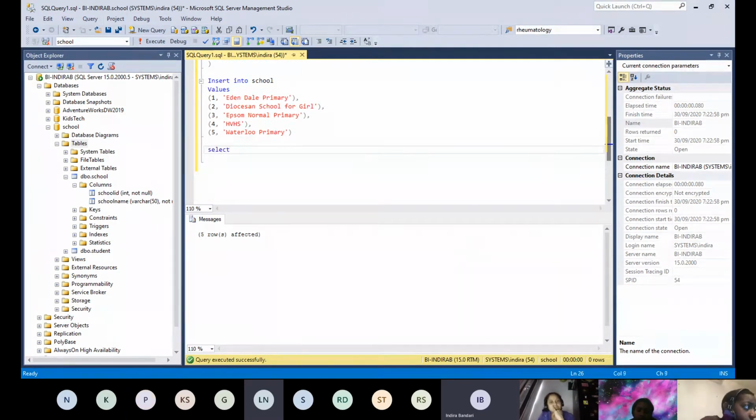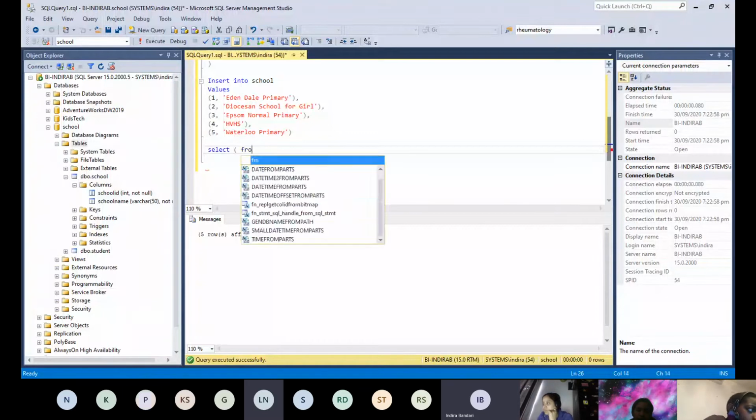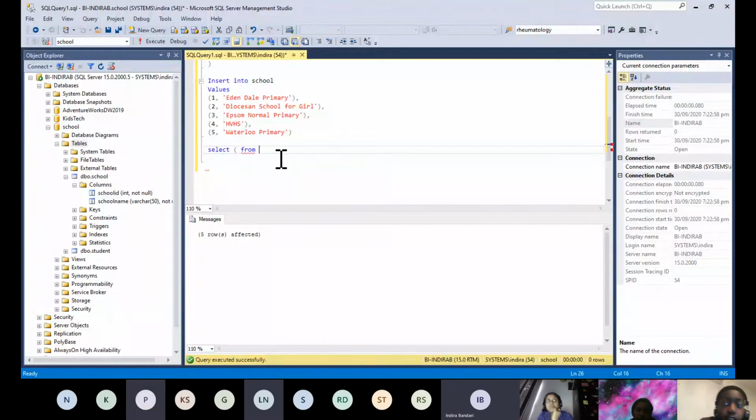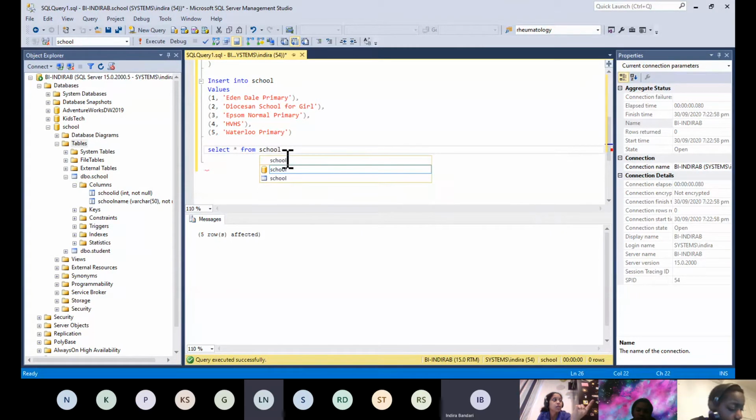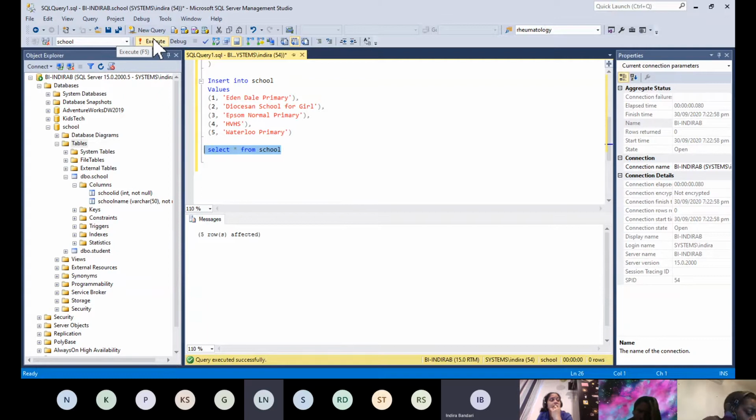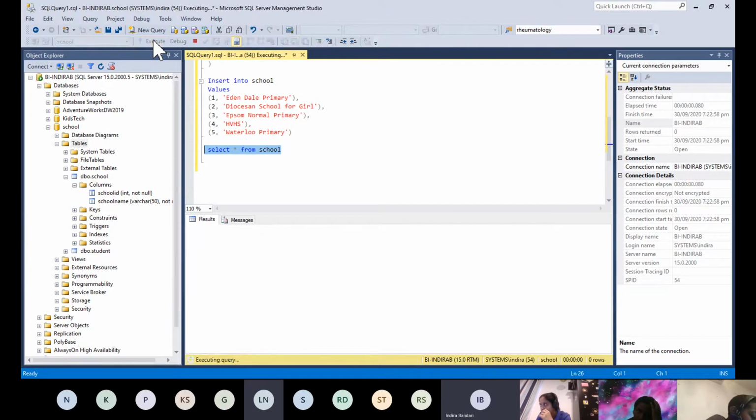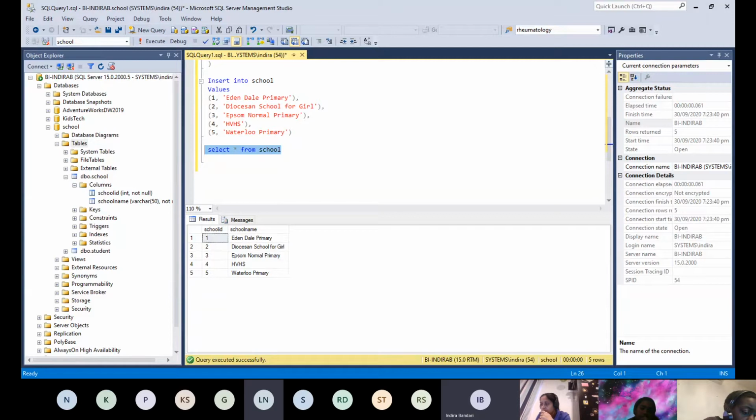Select star from what? From school. My table name is school. So I'm just going to run this one. How many records will we get? 5. Yes, 5. So that is how we insert the data and view the data.